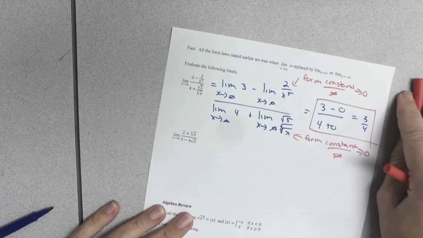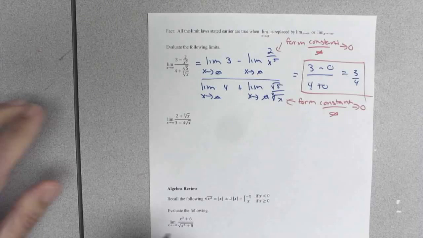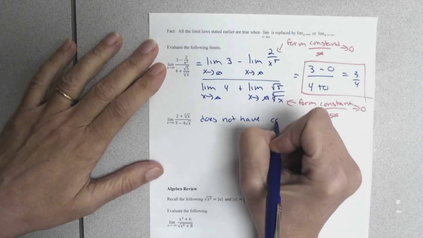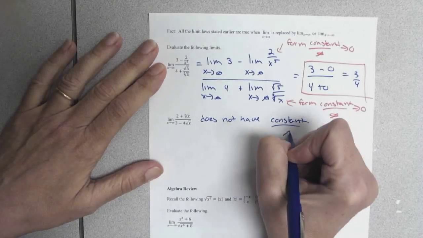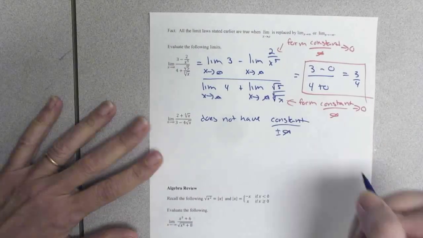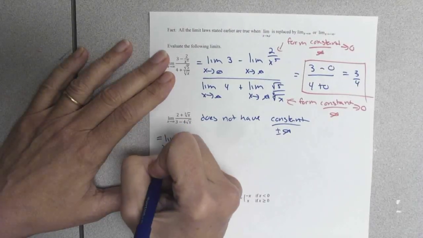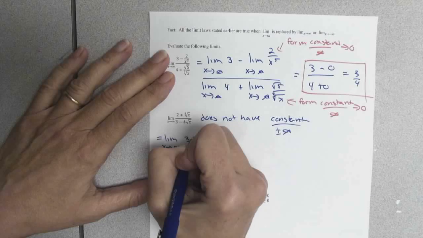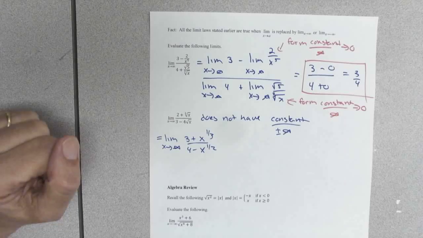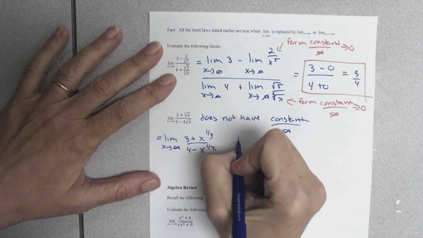This next guy here, I don't know how to deal with it directly. This does not have the known form constant over infinity. That's the only form I really know about when I'm doing limits at infinity. And so what I'm going to do, I'm going to do a little rewriting here first. And so that's x to the 1/3 over 4 minus x to the 1/2. What I'm going to do when I don't have that form to create the desired form,